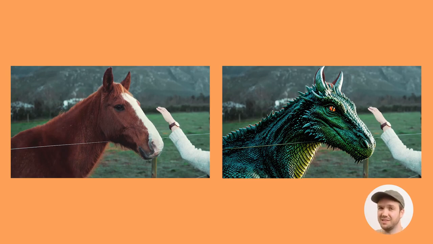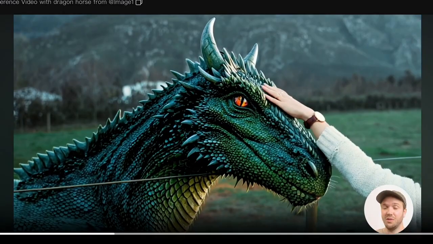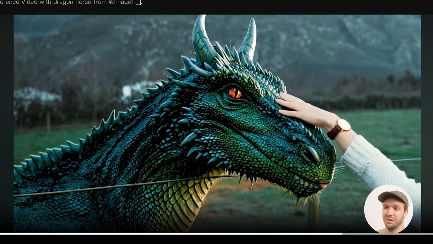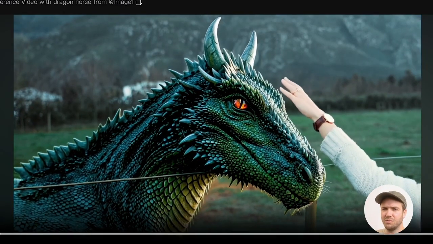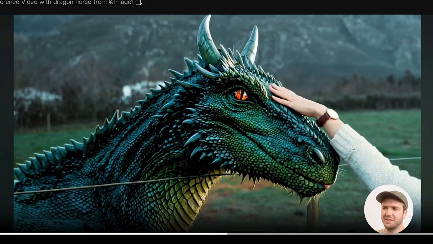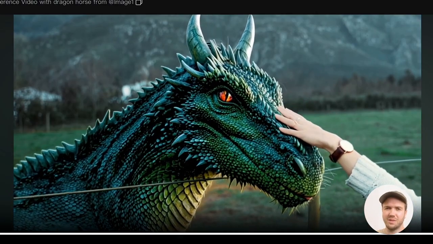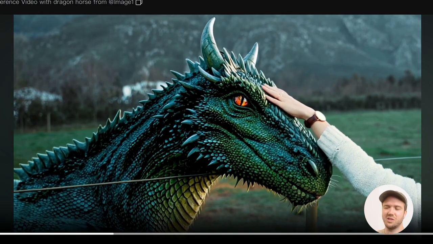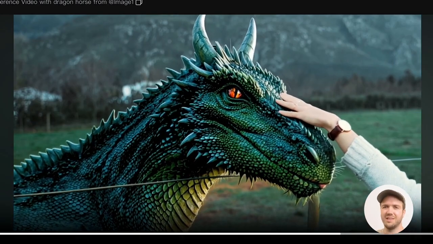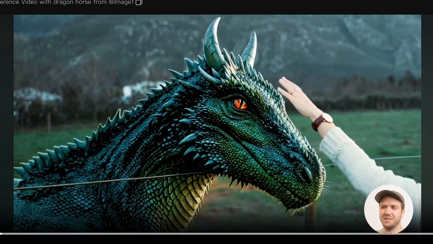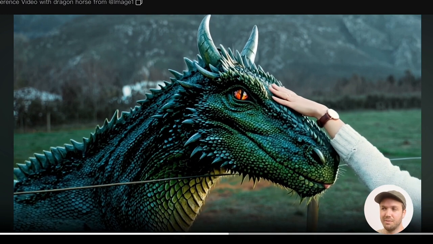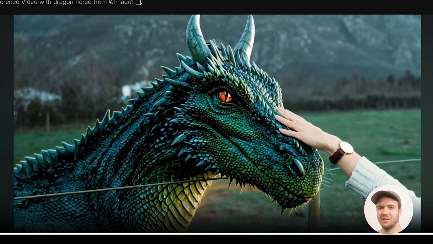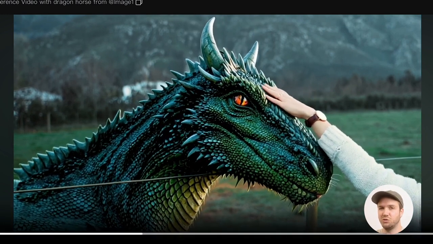So in this one, I've turned the horse into a dragon style horse, and as you can see, the contact on the horse looks incredible. This is something that is really hard to do with VFX, as if you've seen most films, it doesn't feel like they're actually touching the CGI character that they're interacting with. I know this isn't Hollywood quality, but I'm very impressed with how the hand interacts with the new dragon-style horse